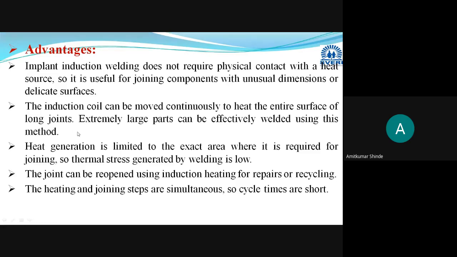Then the next advantage is the induction coil. The induction coil can be moved continuously to heat the entire surface of long joints. So in short, extremely large components with larger size and shape, longer length, can easily be joined with the help of this high frequency induction welding, as movement of the coil is easily possible.